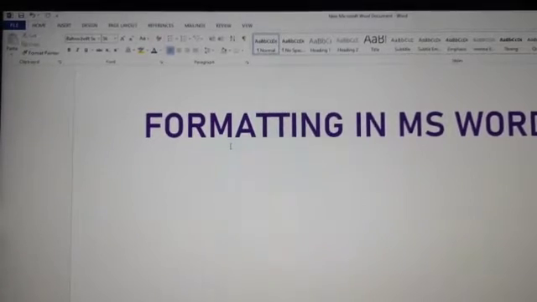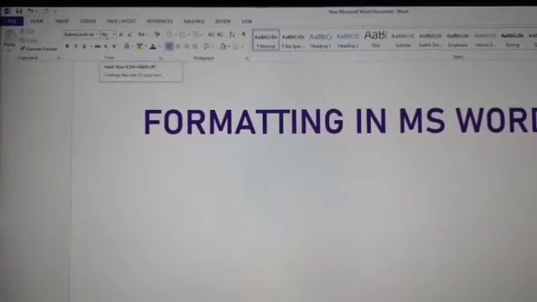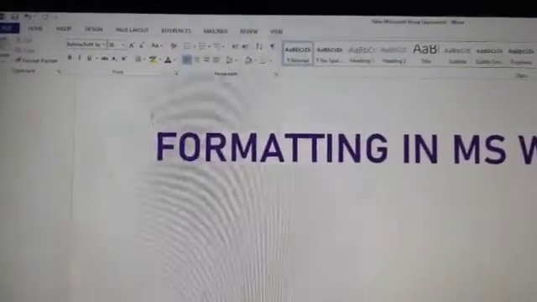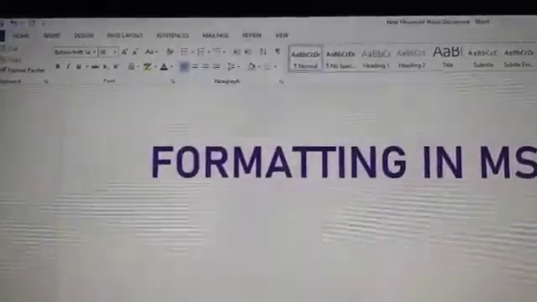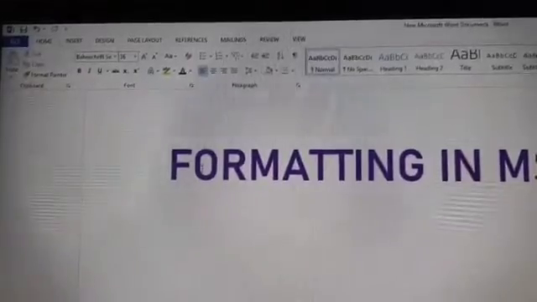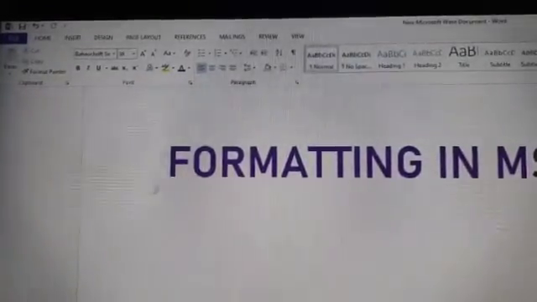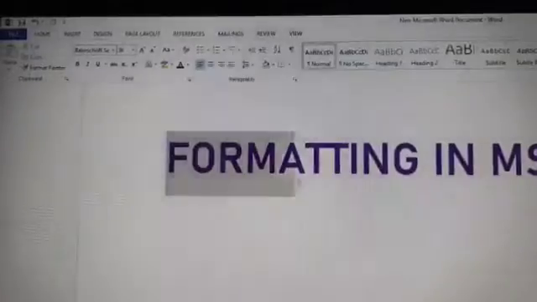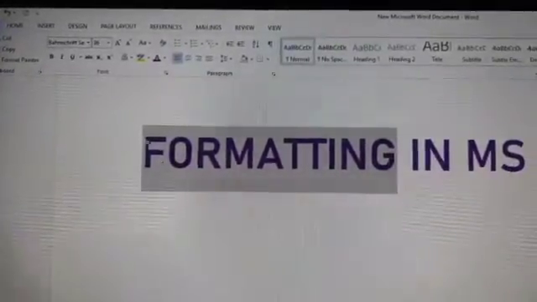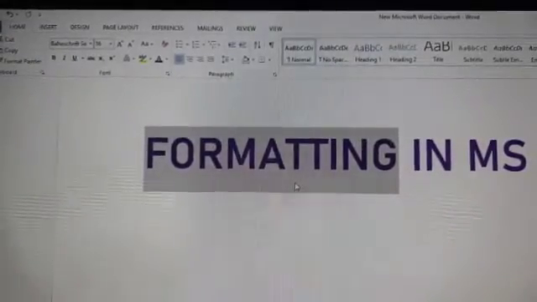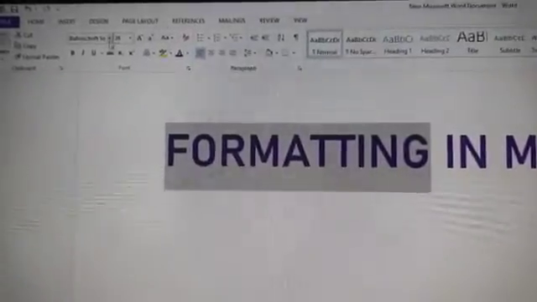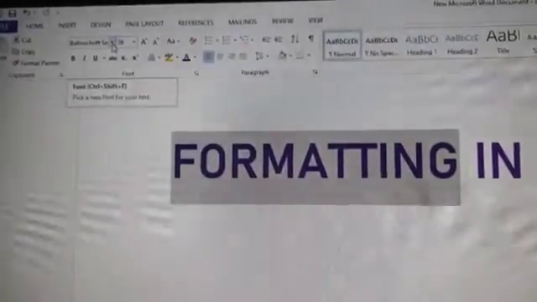We will see the picture now. Follow the steps to apply character formatting to the text. First of all, you want to select the text to be formatted, the text whose appearance we want to change. Okay? Selecting means this type of layer is applied. Now we want to set the font style. See here, this is the font style.